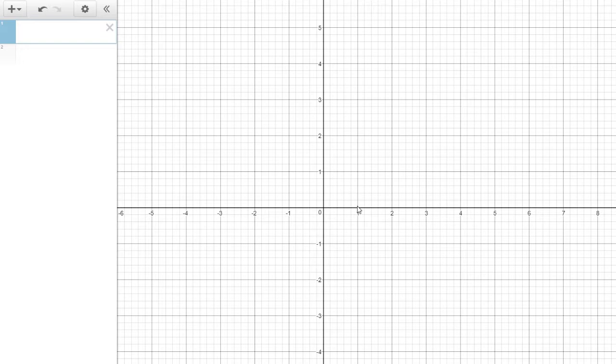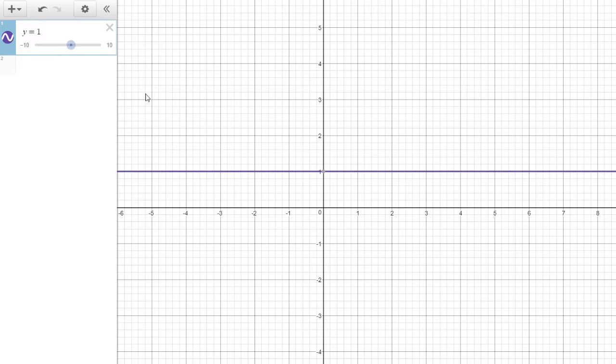So let's first of all look at lines that are parallel to the x-axis. Now, one thing that all the points of a line that's parallel to the x-axis have in common is that their heights are always the same. Okay, so for example, a line that runs along here will all have height 1. Okay, so they'll have a y value equal to 1. So let's try putting in y equals 1 and see whether we actually get that line. So we put in y equals 1 and there you go, we've got a line that runs parallel to the